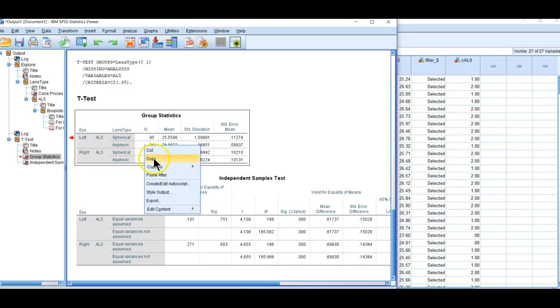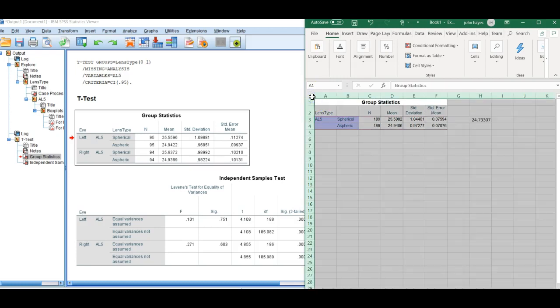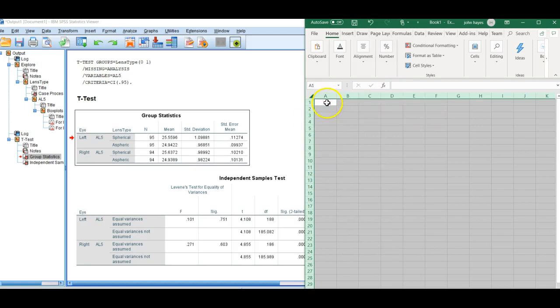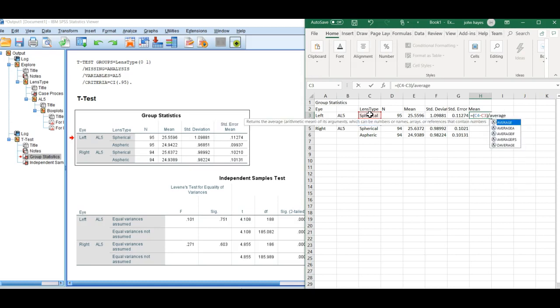How big is that difference? So let's copy this, go into Excel, delete that, and paste. And so let's look at the difference between the means. Now we're going to take aspheric minus spherical because spherical came first. It's kind of our control, if you will. And then we're going to do the average